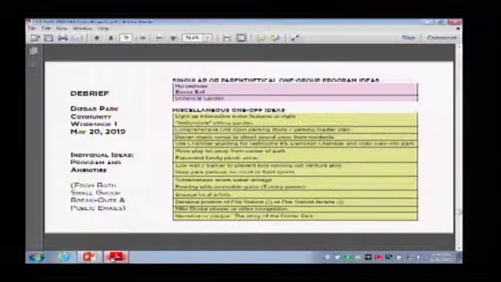Again, a lot of one-off ideas that I think are more about design and concepts as we move forward than program uses. And then a summary of the guiding principles: that the park's character should be conserved, its mature trees, statue, and green space especially; that the park's safety and accessibility should be improved;